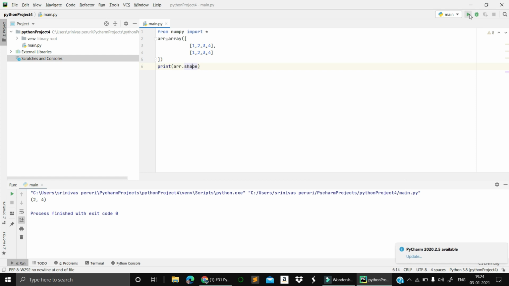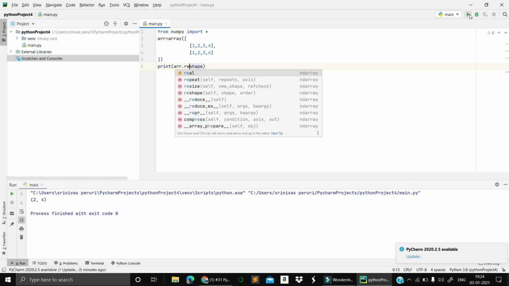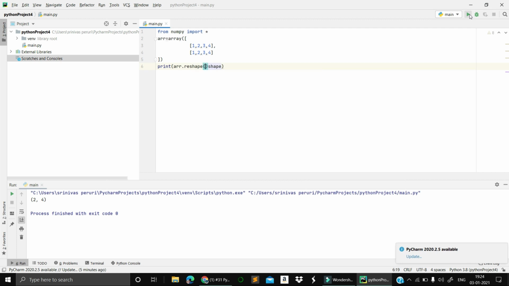But what if we use the function called reshape? With reshape, you need to pass the arguments in such a way that you convert the dimensions of this array. If you have a 3 cross 3 matrix, 3 cross 3 means you need to have 9 elements, right?